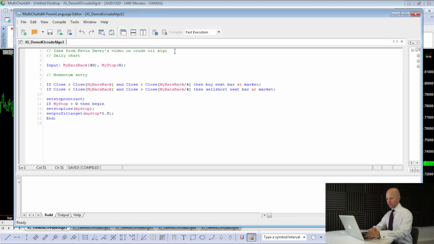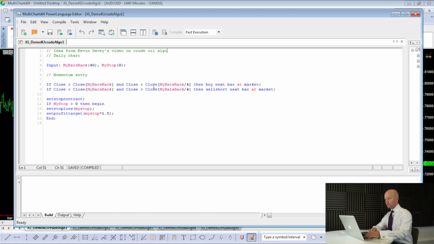Let's have a look at the code first then, and you'll see I've got some notes here. Idea taken from Kevin Davey's video on crude oil Algo, and we're going to use a daily chart. I've got a couple of inputs. I've called them bars back and stop, which is the stop loss. So very easy, we've got a momentum entry, and we're saying if the current close is greater than the close bars back ago, so at the moment this is 40, so if the close is greater than the close of 40 days ago, which is suggesting that we're in some sort of a longer term uptrend,